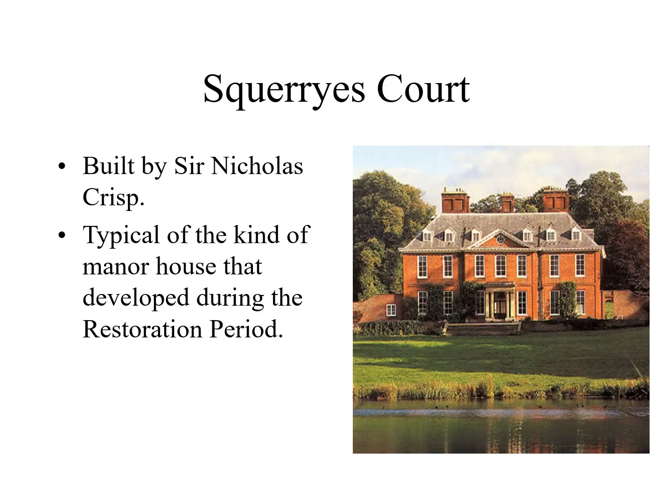When looking at this slide, keep in mind that during the early English Baroque period, we are still seeing characteristics reminiscent of the Italian Renaissance time period. Squerryes Court is a perfectly symmetrical building, two stories high with an attic in the roof. It is constructed of brick. It has a classical pediment and columned portico.